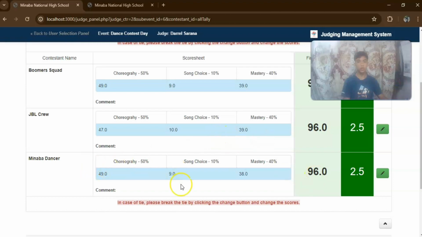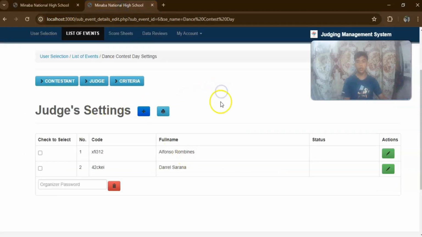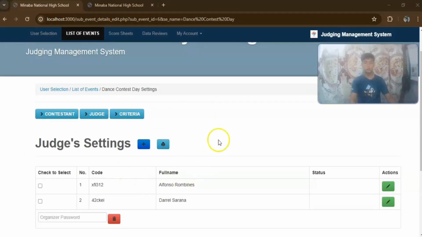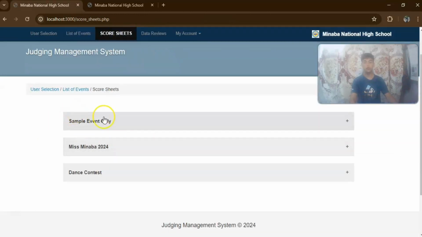Next, let's go back to the organizer side. Since we're done judging and inputting the scores of the judges, let's see the result of the contest. Let's go to the score sheets. In the score sheet you can see the list of events we have created.